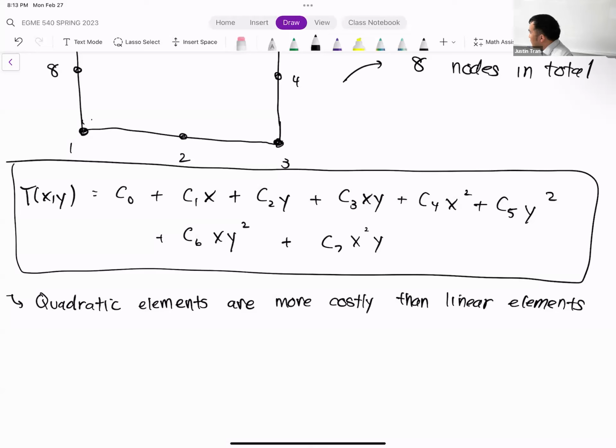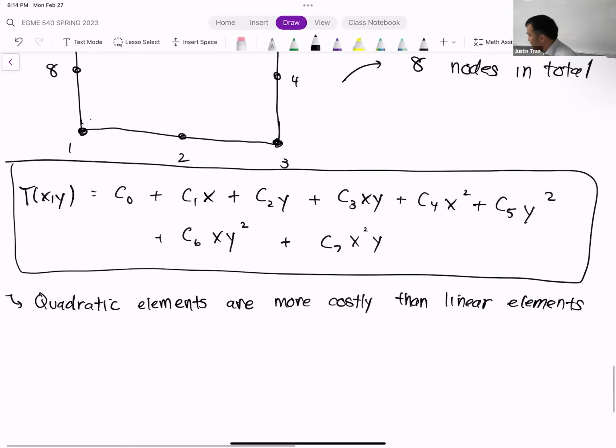with the exception of some cases where you can't really use quadratic elements, like dynamics, we'll talk about that in Activity 5. Most of the time, quadratic is going to be preferable because it's more robust. And the cost difference is usually not that extreme. It's something that you would notice.